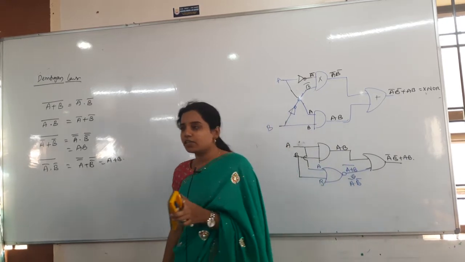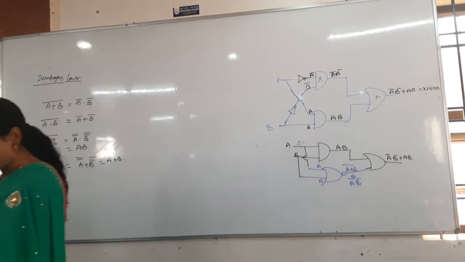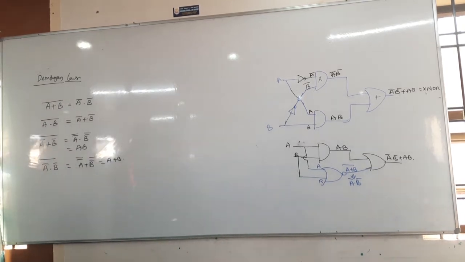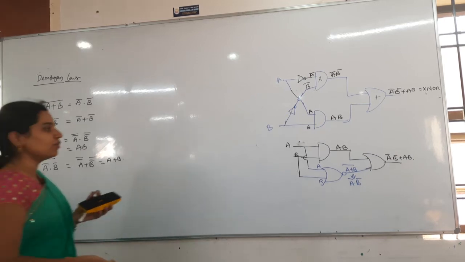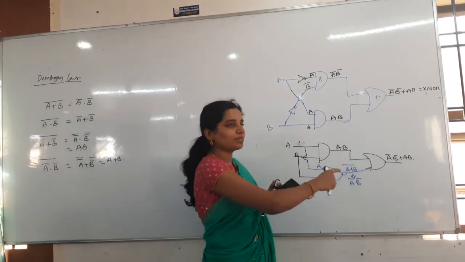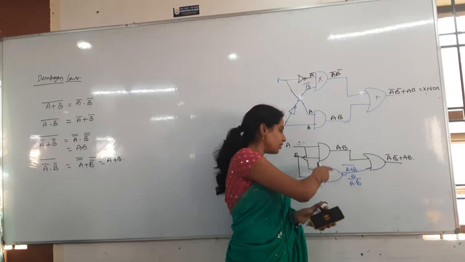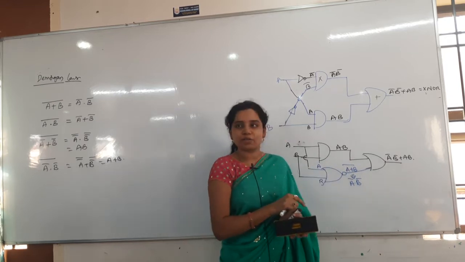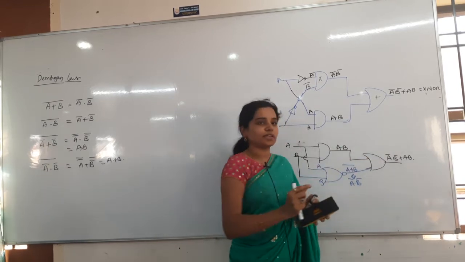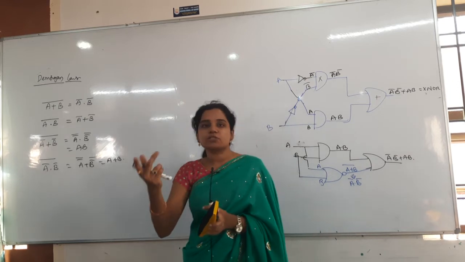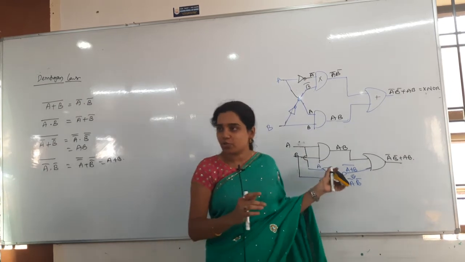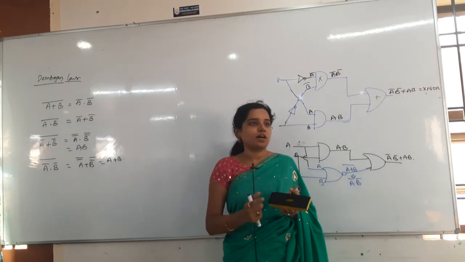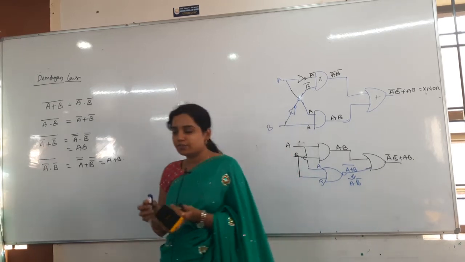Clear? You can make it in that way also, but they will give any kind of circuit, and you have to identify the answer finally, which means you have to write the Boolean expression first of all. Each and every gate you have to identify. This is the AND gate, nothing but A into B will come. This is a NOR gate, so A plus B whole bar will come. From that, what is the output I can get? That output will be there in the options only. They will give the circuit in the problem and the options in the output. That's it. You will get the answer.